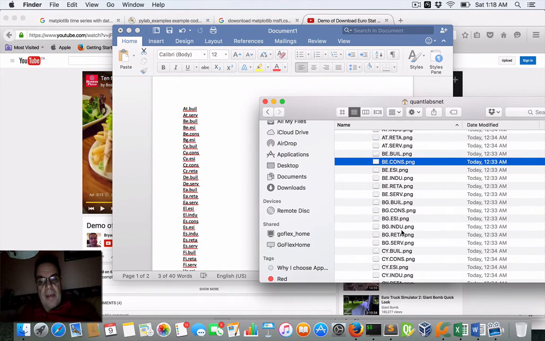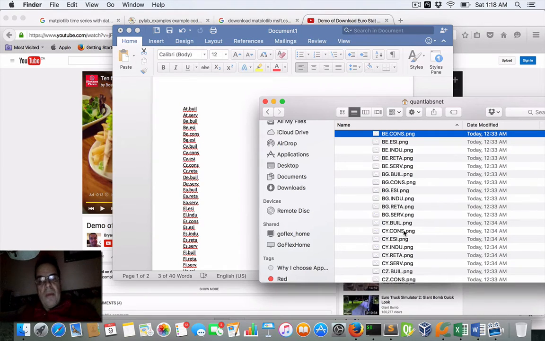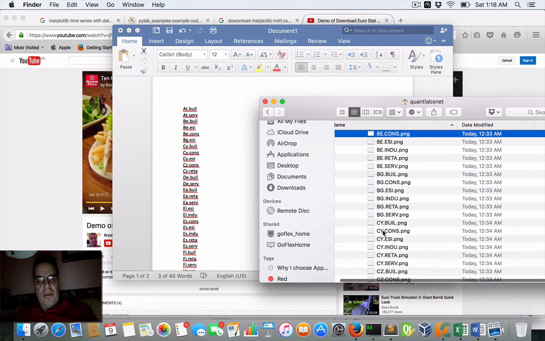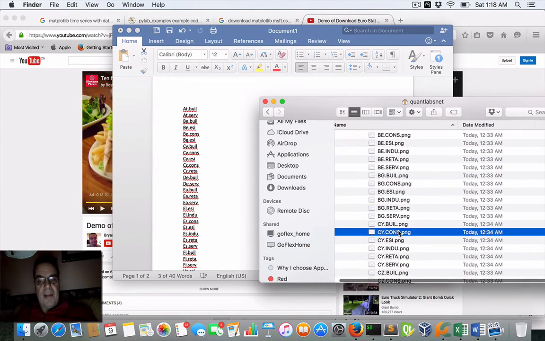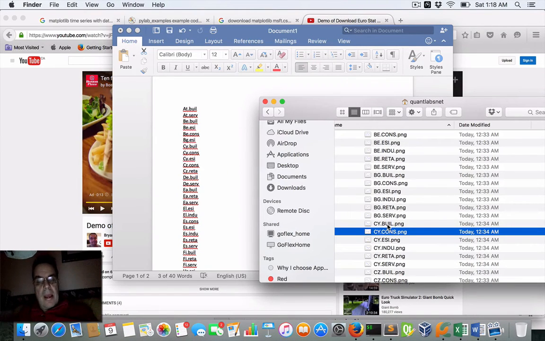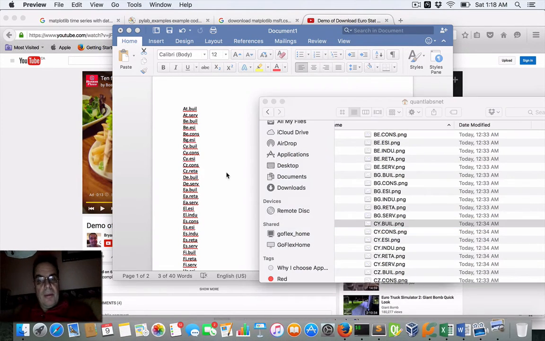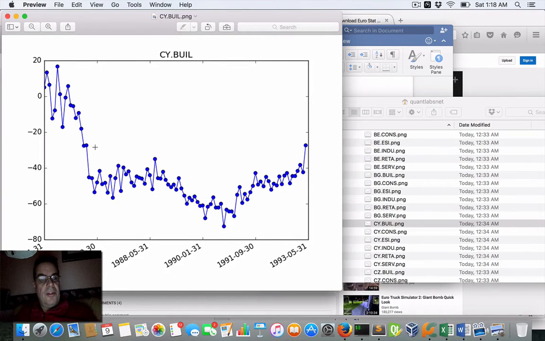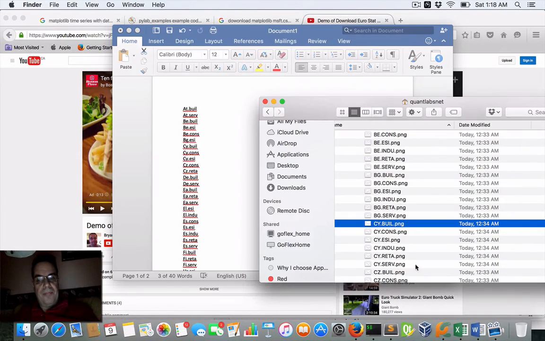I can attribute that to probably tourism or people are wanting to live there. So if we look at Cyprus consumer, you can see it's approaching positive, been hit again fairly hard, and then Cyprus building, home starts, did well, and that's quite a nice little jump there.